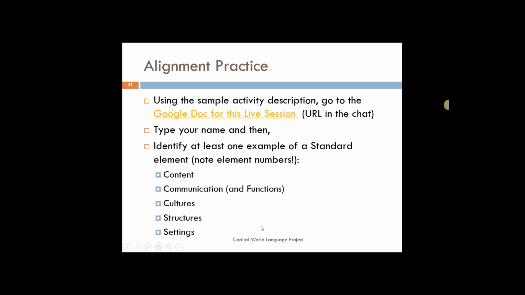Okay. So I'm not going to do this, but I'm going to go ahead and email you guys or share the Google Doc with you for this live session. And when you go in to do the alignment practice, I've got an area for the Español and one for the Français. And you can type your name, and you can go ahead and type down what are the different standards elements that you see in this activity. Obviously, this is not an activity that you invented, so you might need to read between the lines and say, if they do this, I think it's a stage 2, but if they only do that, it's a stage 1. Okay, and you would note the element